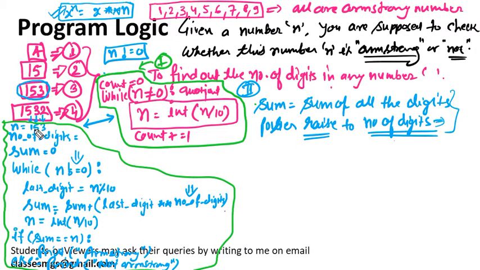So let's try to check for the number n is 153 and check this digit. Number of digits will be, let's suppose you have run this logic and you got 3 as the number of digits. So number of digits is 3, because I have already explained how to calculate the number of digits, so I am not explaining it again. And the number you already know, that is 153.